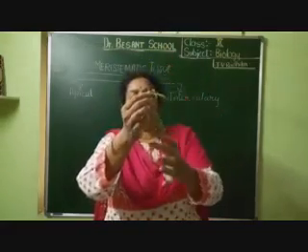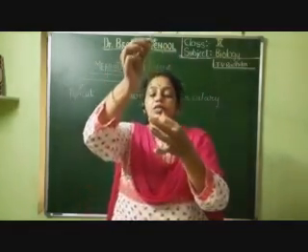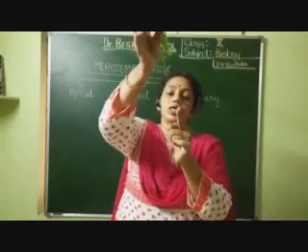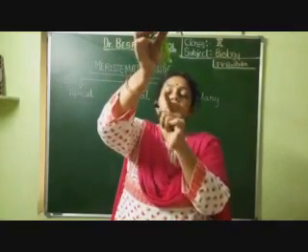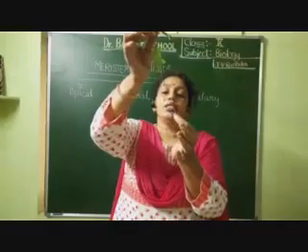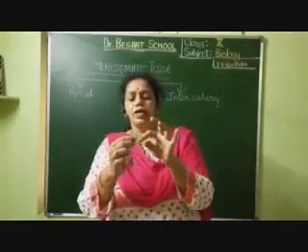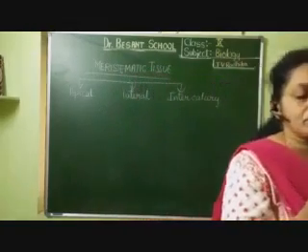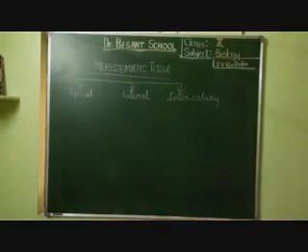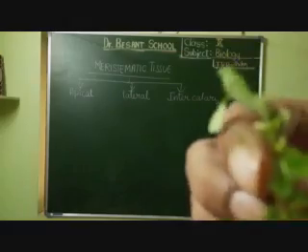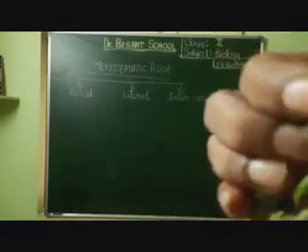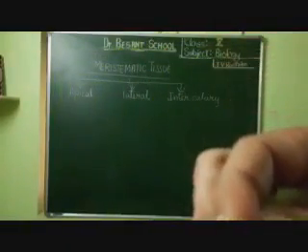In this region, yesterday also I showed the root tips, isn't it? Onion root tips. So at the tip of these roots, you can find the meristematic tissue. Okay, it is present in the root tip. Similarly, you can see it in the shoot tip. Take any young growing plant at home, and at that tip you could see this.